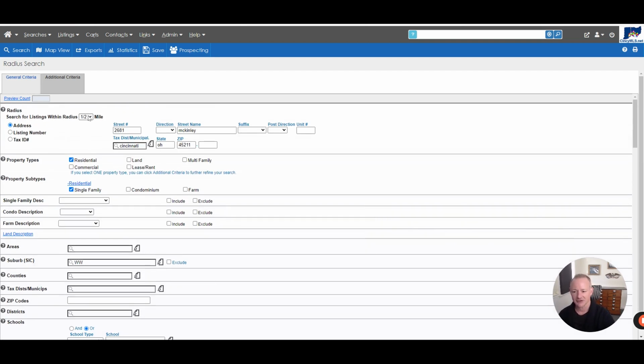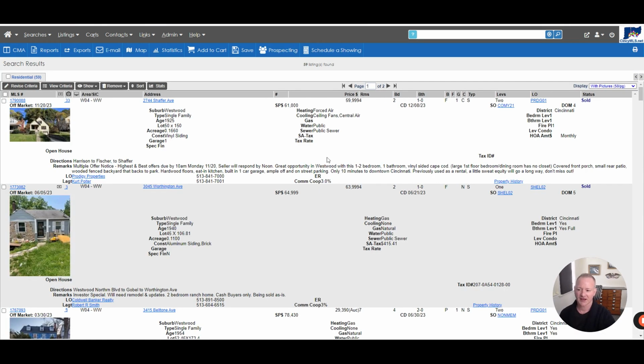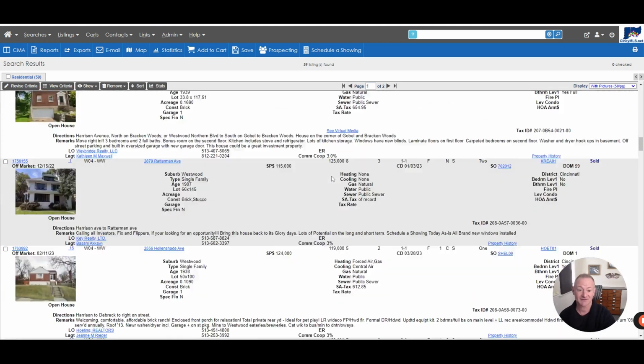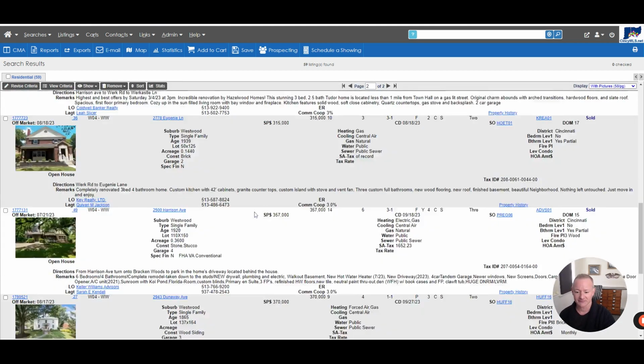Just to get an idea, I'm going to do half a mile. This is going to give me everything that's sold within a half mile of this house. See, we got 59 houses here. It's going to give me all these results, and I'm going to scroll straight down to the bottom to find out the top of the value for this